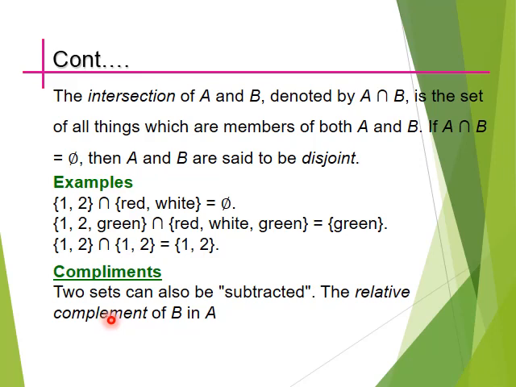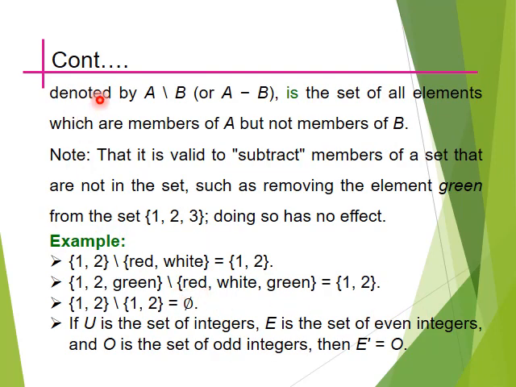Now let's define the complement of B in A. तो कॉम्प्लीमेंट यहाँ पर हम करने जा रहे हैं दो सेट्स के दरमियान, दैट इज नोन एज relative complement of B in A, which we can denote as A minus B. A minus B is the set of all elements which are members of A but not the members of B. If we take some example {1, 2} minus {red, white}, तो हमें यहाँ पर वो members लिखने हैं जो A में हैं और B में नहीं हैं।